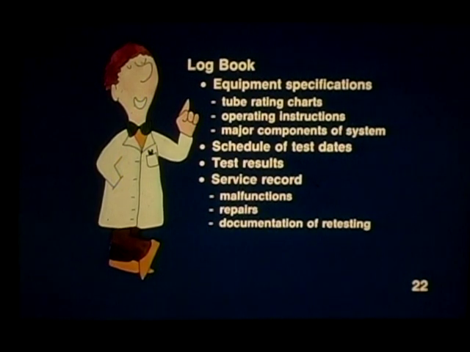Number 22. The Quality Assurance Manual contains the master plan for a successful quality assurance program, but specific data for each radiographic unit must also be recorded. One way to do this is to maintain a logbook for each radiographic unit in the facility. The logbook should contain technical specifications for the equipment, such as tube rating charts, equipment operating instructions, and detailed identification of system components. It should also include scheduled quality assurance test dates